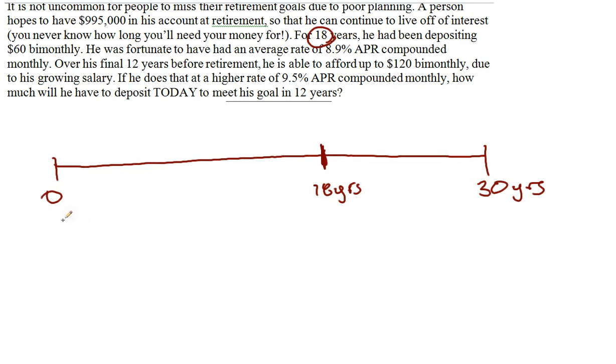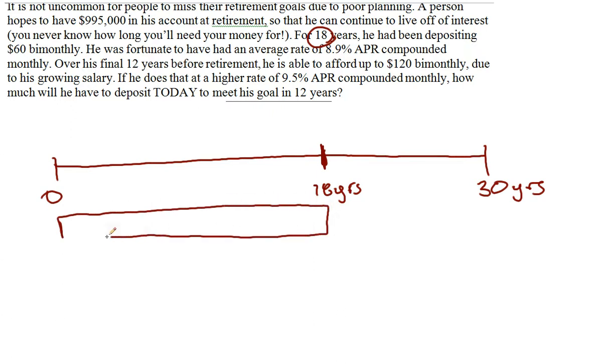So $60 bi-monthly, and what I'm going to do to indicate a payment that's made regularly over a monthly period is I'm going to put it in this little box here, like this, across the entire interval. So PMT equals negative 60 times 2, because this is a bi-monthly payment. It's twice a month. So in a month's span, he's made a $120 payment. We now need to find out